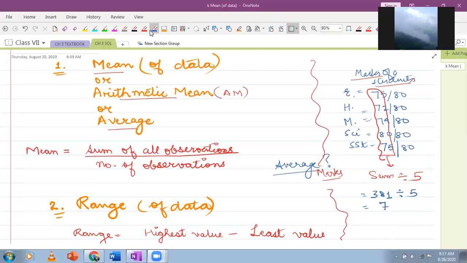Ma'am, do we write this, the marks in English, history, math, science? No, that's only an example. If you want to write it down, you can, but it's not necessary. I'm just showing you how to work with the values. I'm done. One is correct. Correct total? Now divide this total by 5.